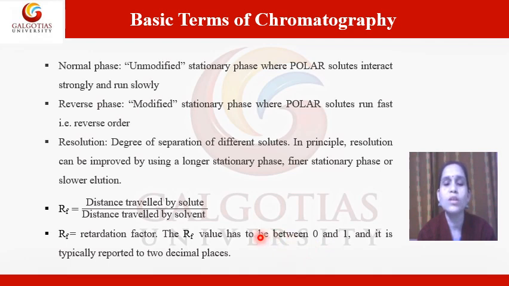So what is this RF value used for? How will we identify polar compounds and non-polar compounds? Suppose you are taking a medium polar solvent, a medium polar mobile phase, and how will you separate it? The compounds which are non-polar will move faster and the RF value of that compound is higher. If it is a polar compound, then it will move slower and the RF value of that compound is low. So by RF value we can distinguish two different compounds, whether it is a polar compound or a non-polar compound.